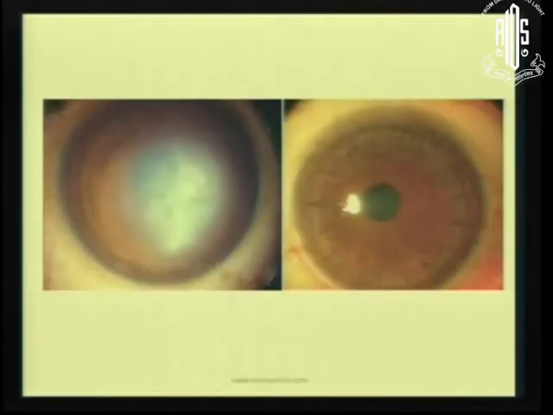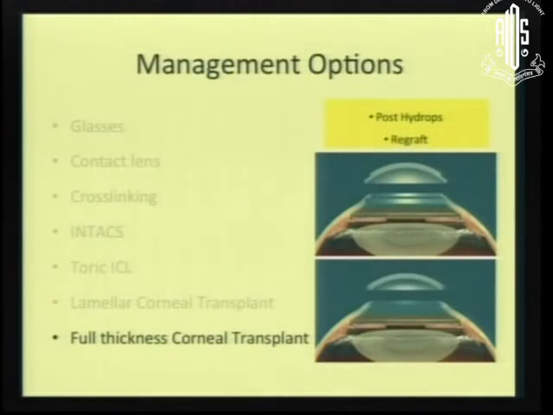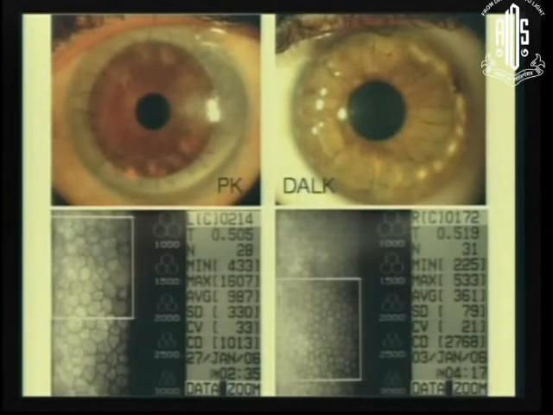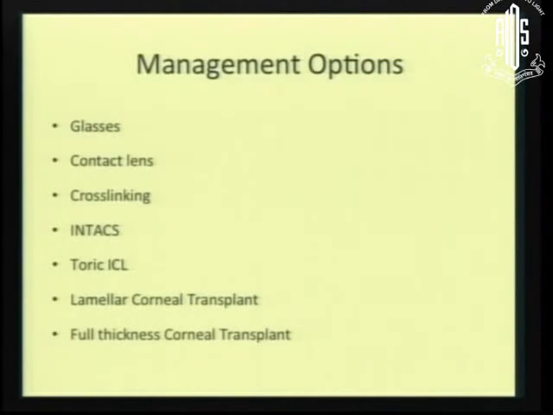There are newer techniques wherein you can use the femtosecond laser to create shaped penetrating keratoplasty, like a top hat or a mushroom or a zigzag, which allows better apposition of the graft-host junction, improves the tectonic strength, and sometimes can result in a lower induction of astigmatism as compared to manual techniques of suturing. However, the biggest difference between the two techniques is when you do a specular microscopy, you will see a huge difference: patients who have had a DALK procedure maintain normal healthy endothelial cell counts, whereas with the PK you will see a gradual decline of their cell counts over a period of time.